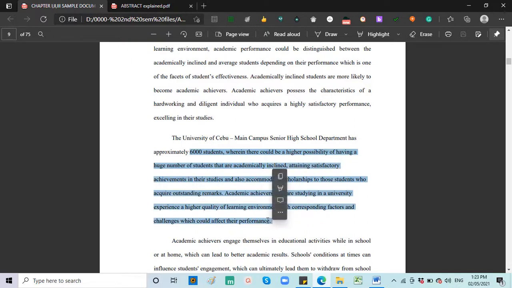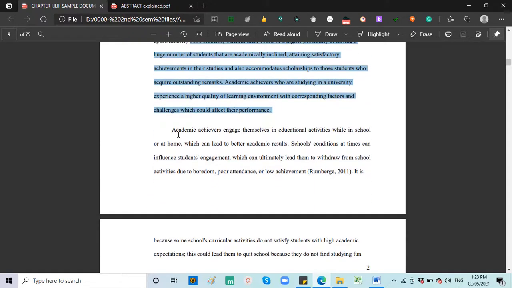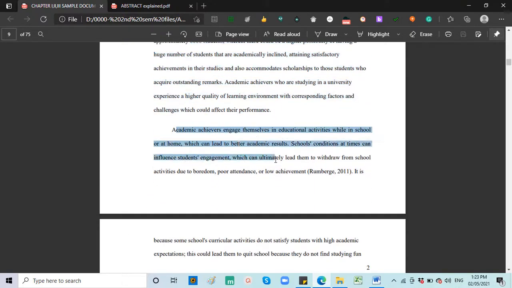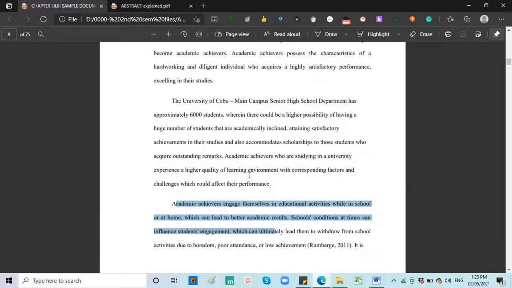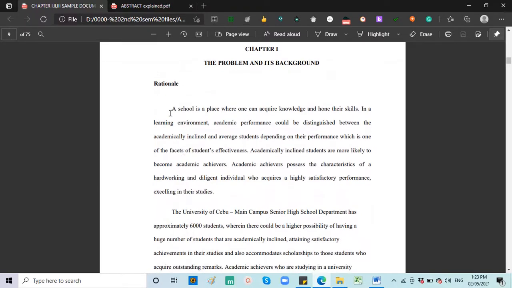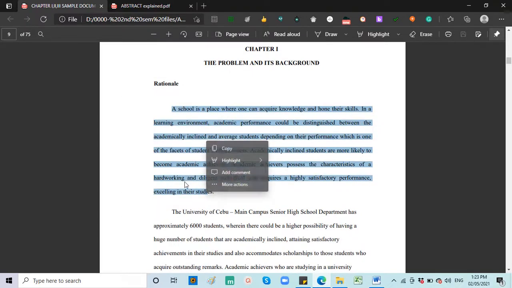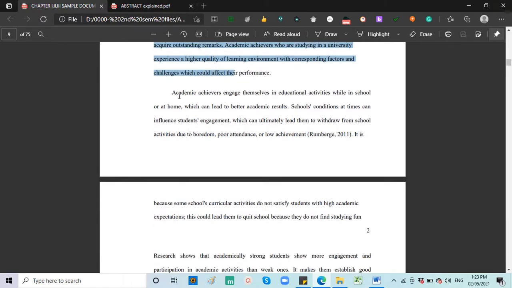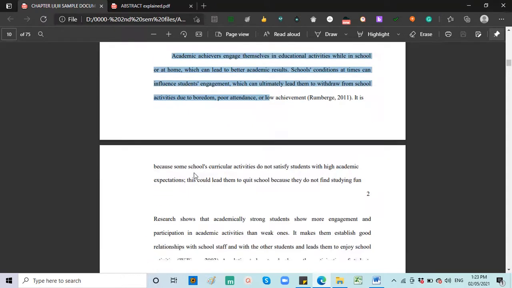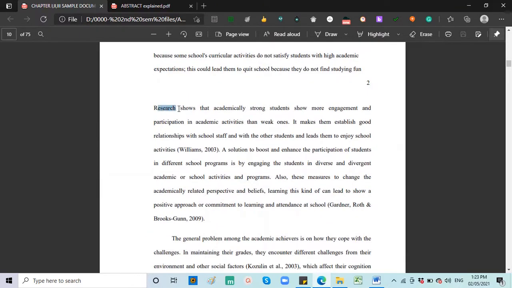Okay, no, kaya unsa man ang lang topic, it's their topic is lived experiences of academic achievers man. And then you define na yun, academic achievers engage themselves. Okay, unsa may meaning ang academic achievers, diba? Okay, this one is global context, kung unsa ng school, and then diri local nga context, diba? University of Cebu na. And then definition of what is your phenomenon, no? Or okay, pwede ra sad ang inyong first paragraph is about the phenomenon itself. And then unsay about that, unsay mga findings.